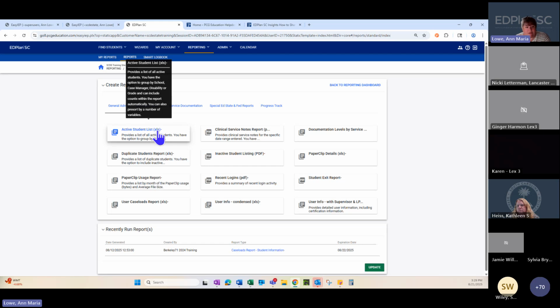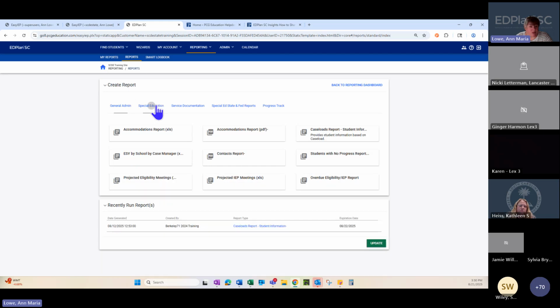So if you're looking for time spent in special ed or their LRE information, that report would probably not be the one that you want to use right now. There are different reports. Nick just showed you those advanced reporting reports, and one of them is a service delivery report that you can pull that will give you that information. You wouldn't want to rely on this active student list report for that.